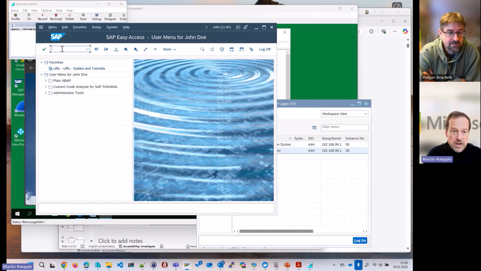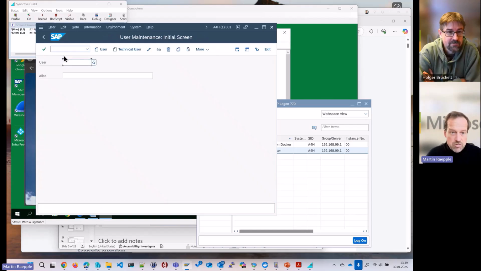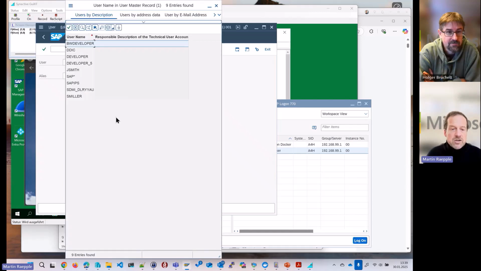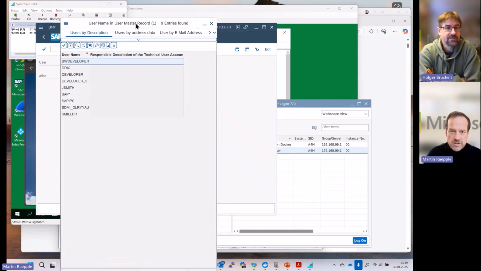Let's go quickly to SU01 to see which users are in our system. There shouldn't be so many. Right. So we will use user Tina Test now. She will get an SAP login with T-test. She doesn't appear here, so she's not there in the SAP system.